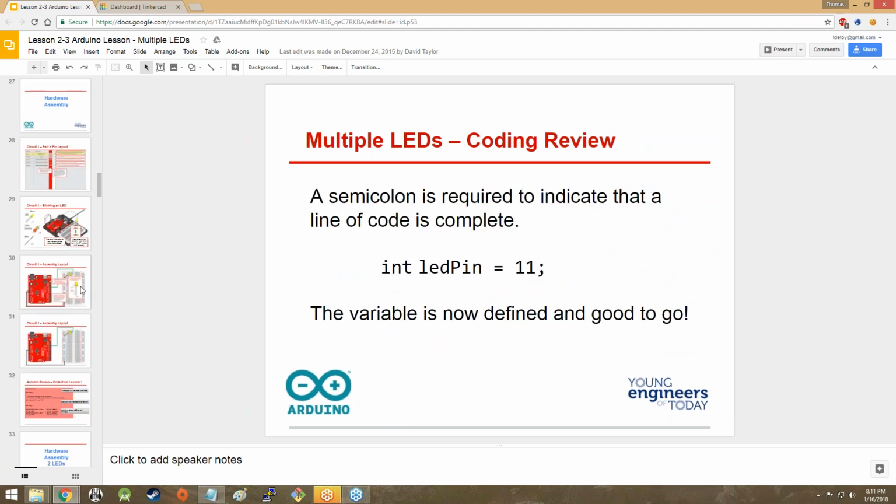Well, it's not here. Anyway, as far as the programming is concerned, we touched on variables. We touched on the void setup and void loop parts of the program, which always need to be there, at least at one point in the program, because the way they work is void setup sets up everything for the program, and void loop then takes over afterwards and runs over and over and over again as long as the Arduino has power. So the Arduino is going to be looking for those two functions, they're generally called functions,